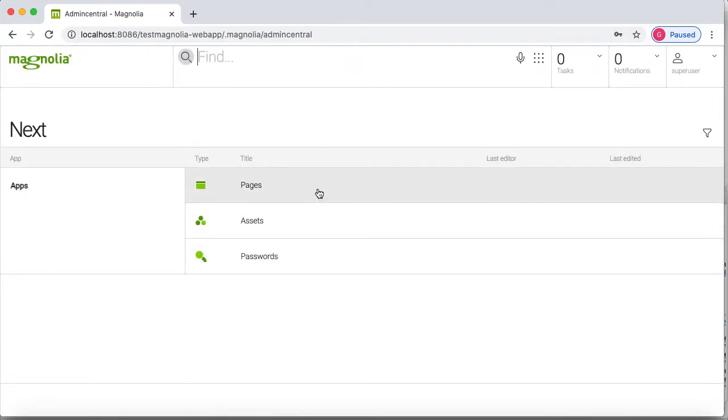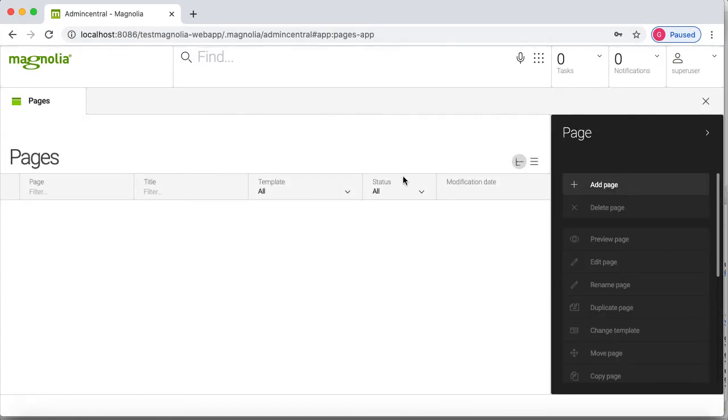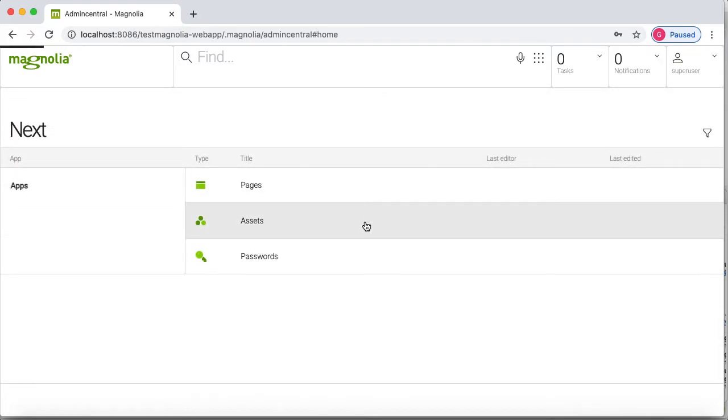Here you can see we have nothing inside the page as well as the assets. This is the page, and this is assets.